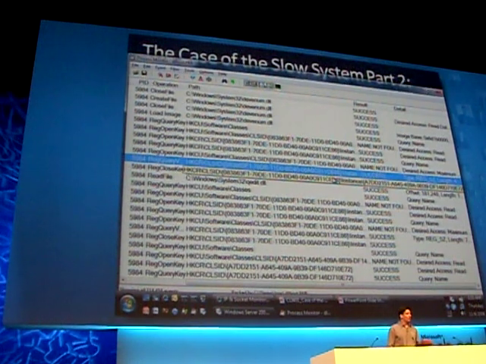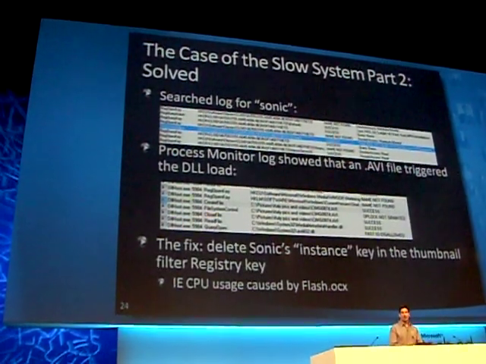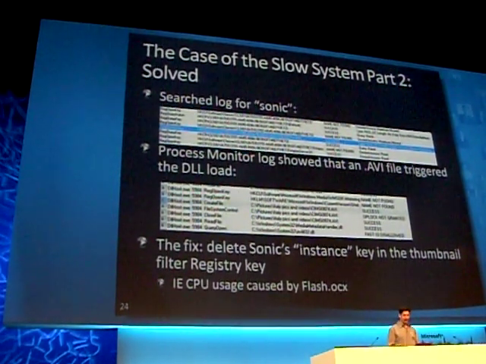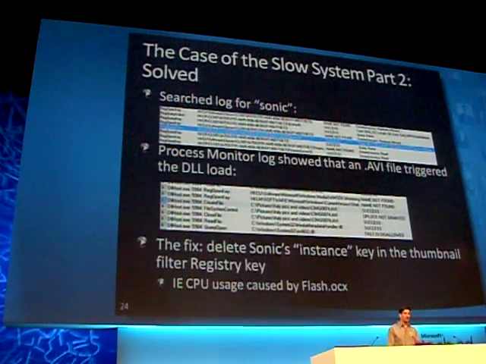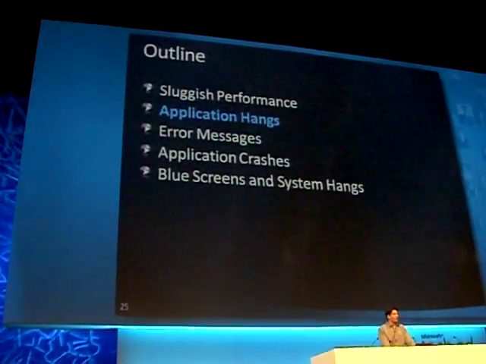I didn't mention before we started that a bunch of these examples I've actually written up in blog posts. This is my most recent blog post, The Case of the Slow System, where I actually wrote this case up and documented this. And so some of these others are also written up in that way. So I recommend you go take a look at that. Our next